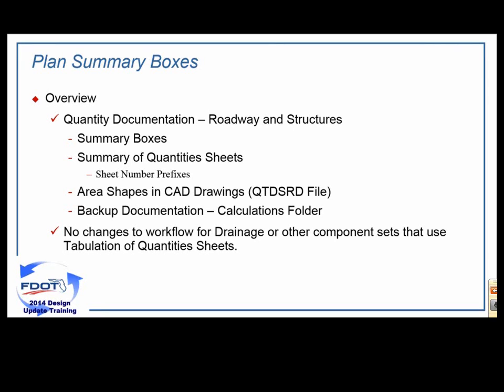All of our summary boxes are to go on summary of quantity sheets, and all of these sheets have sheet number prefixes. In roadway component, they need to be SQ-1 through however many you need. For structures, it's a little bit different because their plan set is just different in that they have a general bridge section, they have bridge 1, bridge 2, bridge 3 within their set of plans. So the sheet numbering would be BQ-1